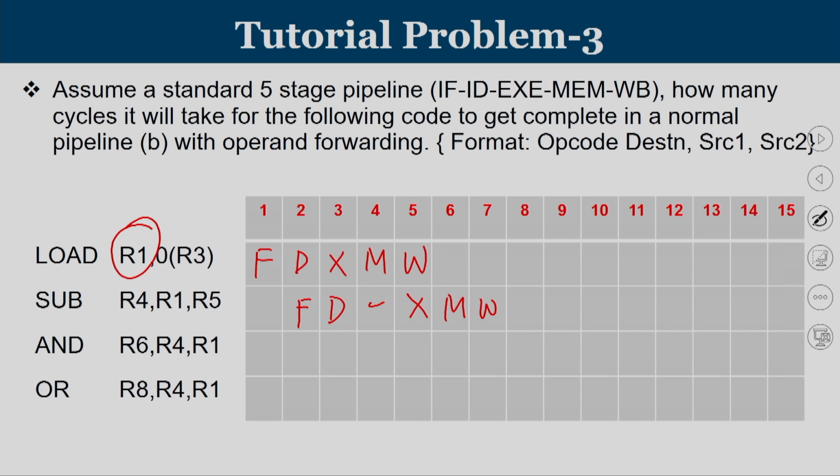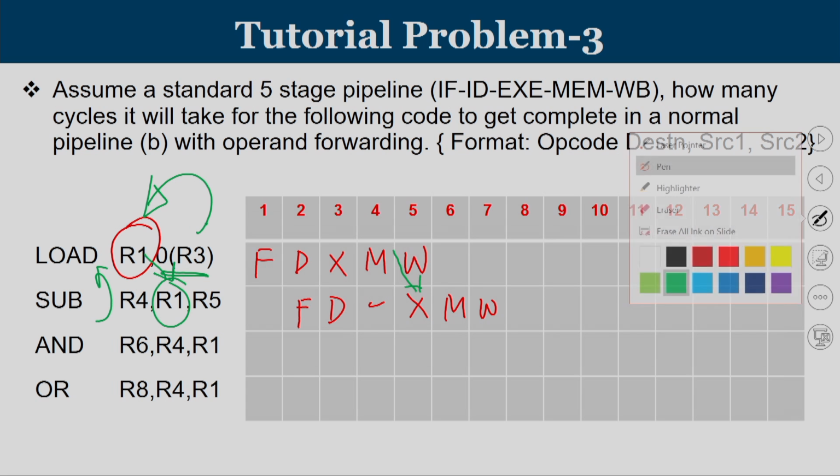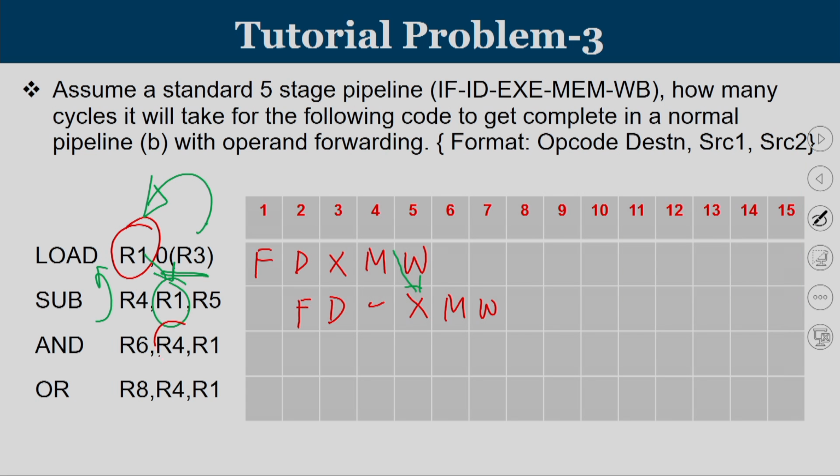The meaning is, whenever you have an ALU instruction immediately after a load instruction, there exists a 1 cycle stall. From this memory stage we can copy, because the value taken from 0 of R3 is accessed from memory only at the end of the mem stage. From the mem stage you are forwarding it to the input of ALU because there exists a data dependency. So, this is how you compute the subtraction instruction. And then when you go to the AND, there is a data dependency between them, but if you use effective operand forwarding, then we can manage without a stall.